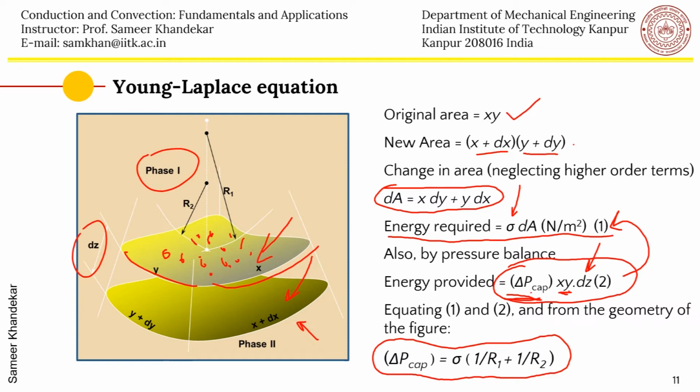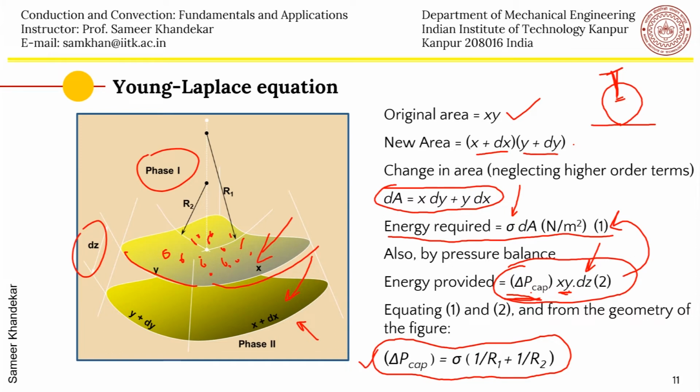So what we see is that whenever a bubble is growing, if you see a bubble like this, there is an interface, and there is a pressure inside in phase 1, and a pressure outside in phase 2, and there is a pressure difference. So if the bubble is in equilibrium, this delta P cap will always exist between the inside and the outside of the bubble. Okay. So the Young Laplace equation is fundamental to the growth of an interface and